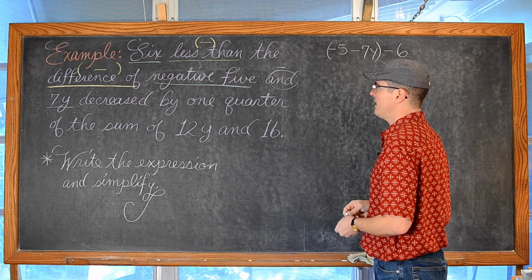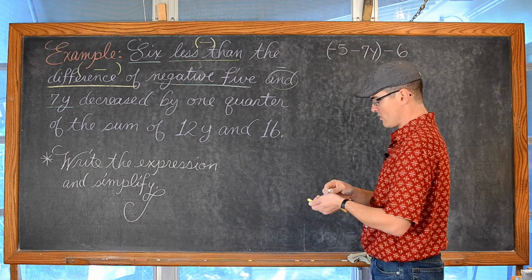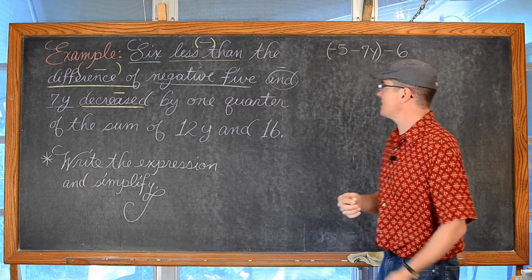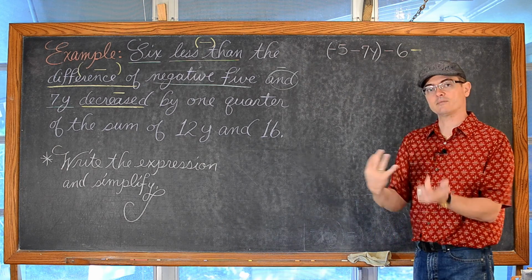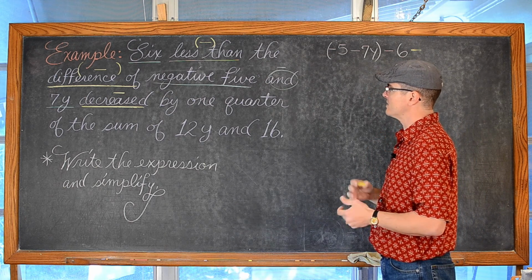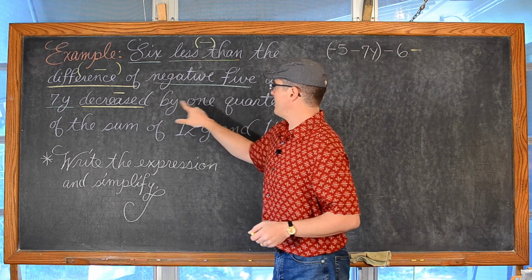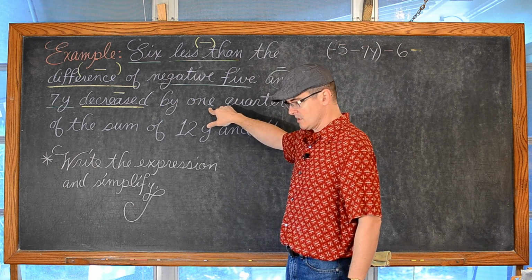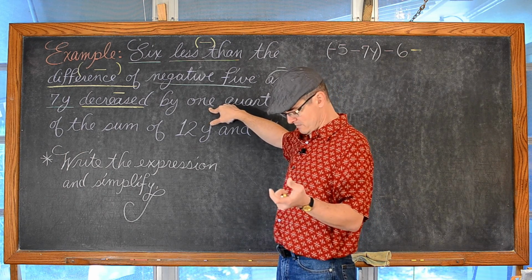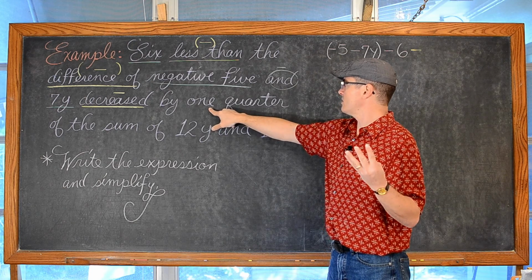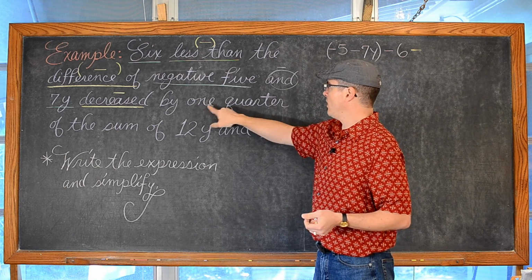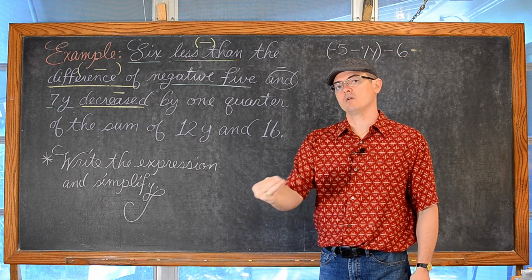Decreased by 1/4. Oh, so there's more going on. Okay, so then decreased by is yet another negative. I want to do all these negatives in this expression because that opens up the opportunity of sign errors, and I want to point out how you avoid making those. So decreased by 1/4. Well, at least in the U.S. money system, 4 quarters make up $1. So if I said 1/4, that's a hint that it's 1/4. But 1/4 is a multiplication of 1/4, dividing by 4.